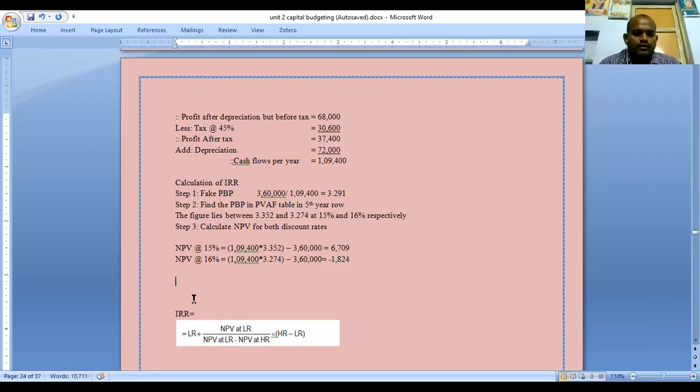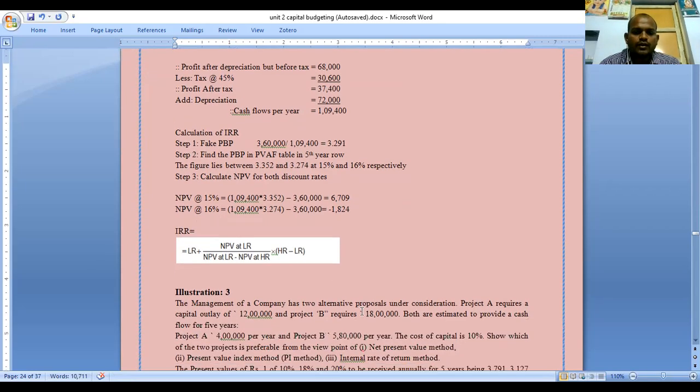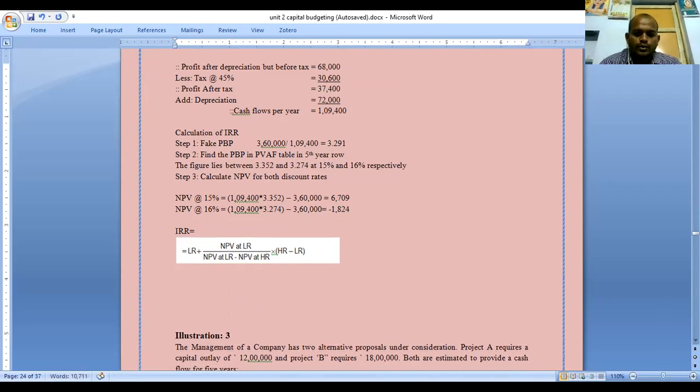So the exact IRR lies between these two percentages. To interpolate these two percentages, we have to use this formula. IRR is equal to lower rate plus NPV at lower rate divided by NPV at lower rate minus NPV at higher rate into the difference between higher rate and lower rate. So we have to substitute the values. So lower rate is 15 percent. 15 plus